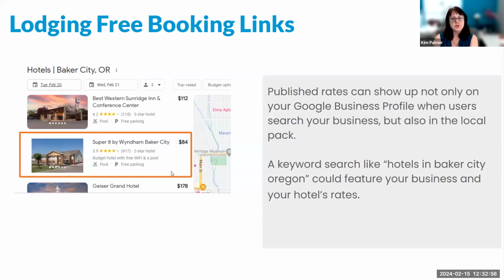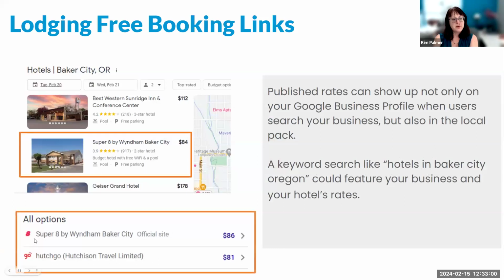So those rates will show up within the business profile. It may also show up in the local pack and will always be identified with this little callout here